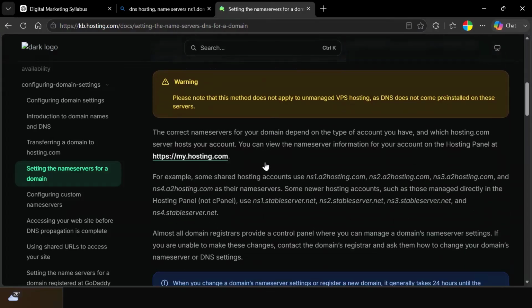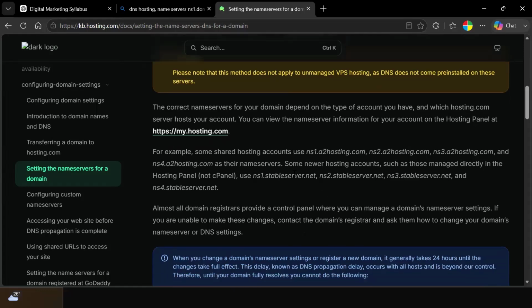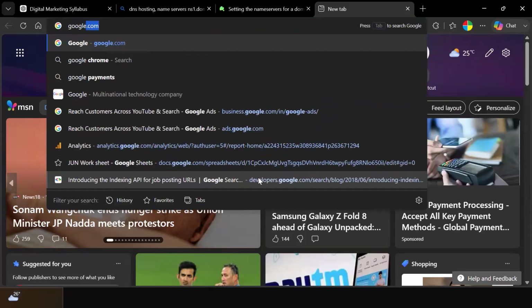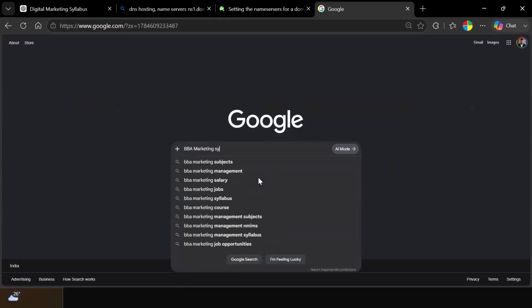So once you own a domain, you will find it comfortable to understand how to host it, how to set it, and how to make the domain open your hosting. A web developer can only design, but for the hosting part, there will be a hosting company. But why should we learn hosting? I'm not asking you to host. It's just for study purposes. Whether you do it or not is irrelevant, but for education purposes, it is good to know. Because if I'm reading your BBA courses, okay, you are into BBA, fine, whatever the marketing, right? Into BBA marketing syllabus or maybe the